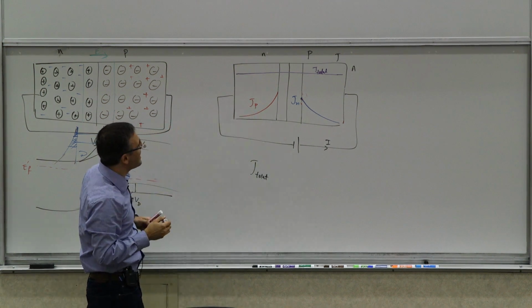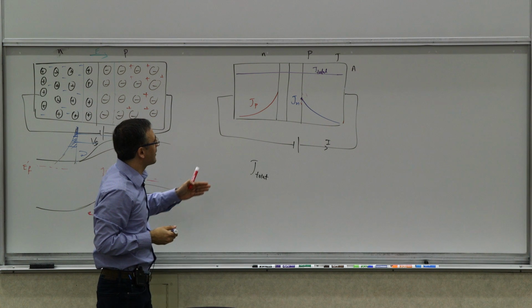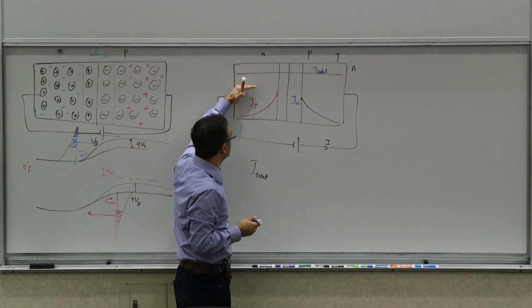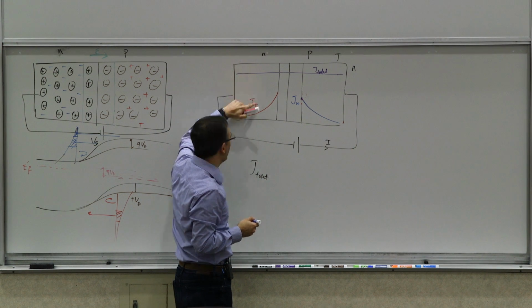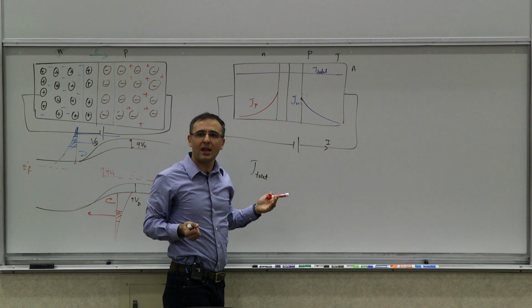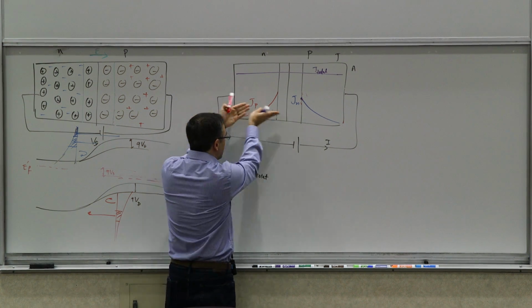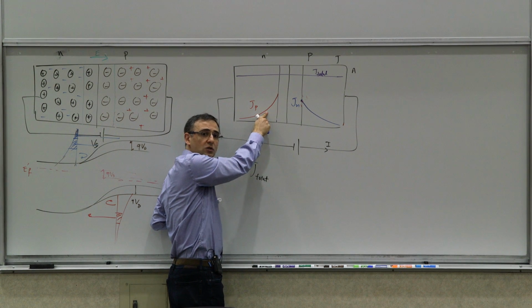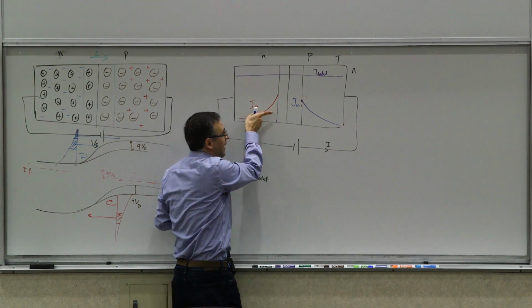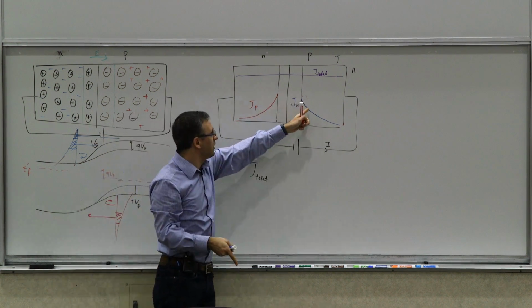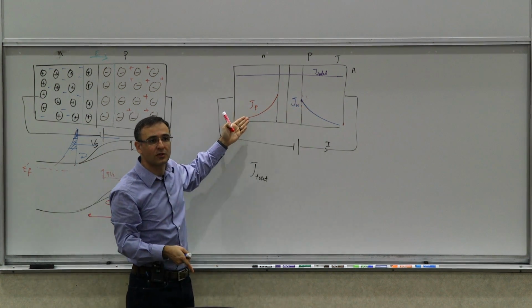Now, what can you say about the total net electron current on this side? So where is the rest of the current coming from? This J total has to be constant. So whatever is not carried by JP has to be carried by Jn. You say, why is there a Jn? Well, the electrons still have to be injected into this thing and going through to make up for the electrons that are lost to these recombinations and make up for the electrons that are injected. Right? There are electrons that are going to the other side, and there are electrons that are lost in this recombination. So you have to